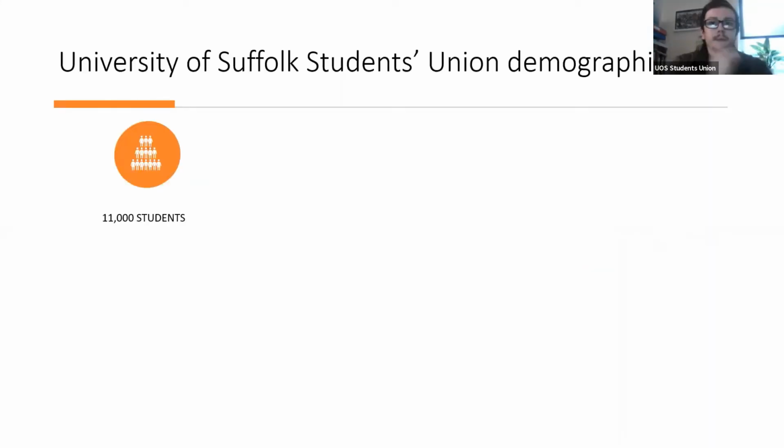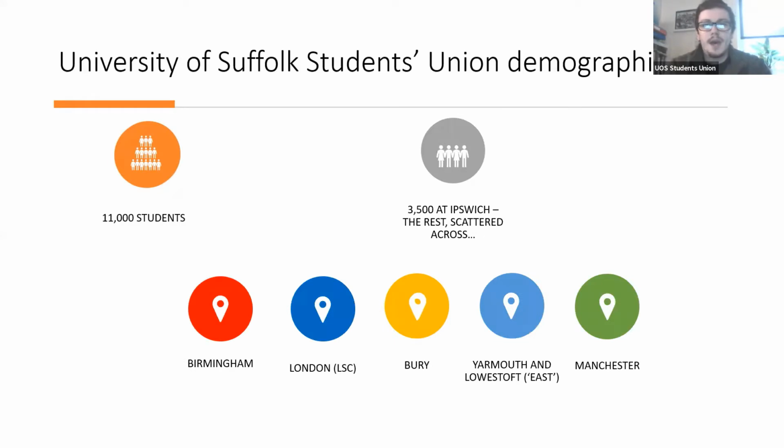I think to think about, and we'll go into some of this in a bit more detail as we go out, but there are more than 11,000 students at the University of Suffolk. I think the figure's probably a little bit higher this year, but less than half of those are actually based at Ipswich. So depending on the role you're running for, this might not be relevant. For instance, school officers only represent schools based at Ipswich. So if you're running to be a school officer, you'll only have to be concerned about Ipswich students.